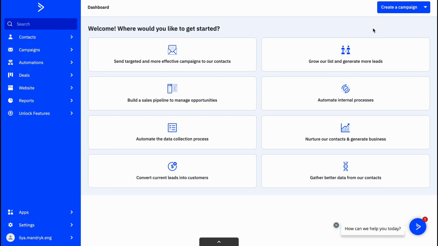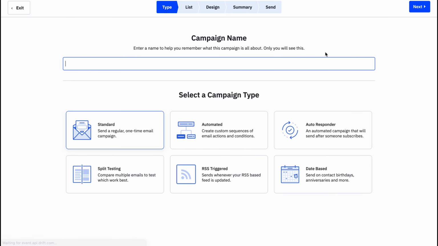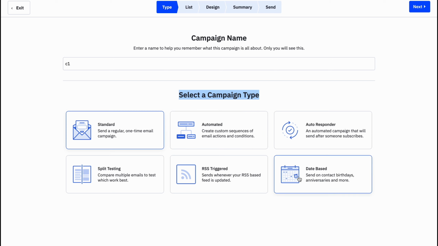So let's go back to our main page, to our dashboard basically, and we can easily create a campaign right up here. So let's click on create a campaign, and we'll try to create something new. In this case we're going to interact with the campaigns only, so we need to input a campaign name. Enter a name to help you remember what the campaign is all about. So let's try to name it C1, campaign 1,